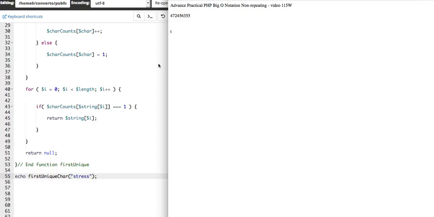Now, why is this better than the alternative? Without a hash map, you would have to use a nested loop. Remember how we showed you that before? Checking every character against every other character. And with a nested loop, you will get something like,